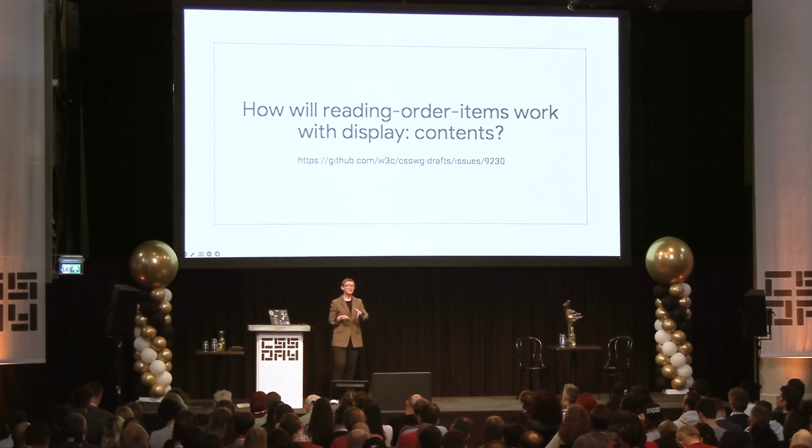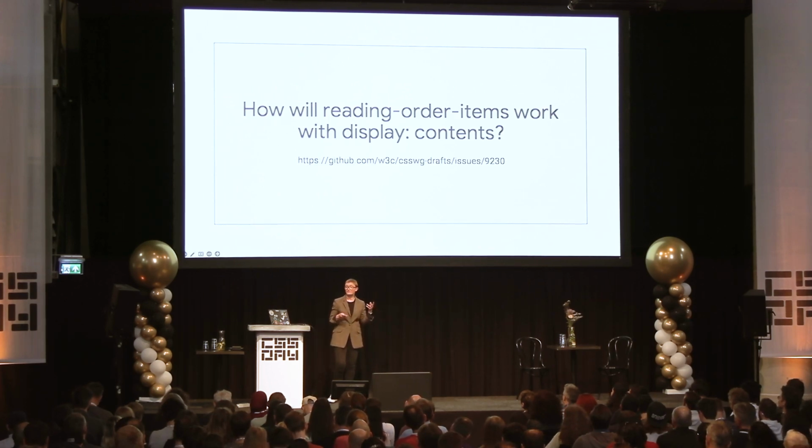How do we deal with this on certain things that happen when we do layout? I've explained some very simple cases so far. I'm sure that this will be one issue of many that we need to come up with an answer to. They're not necessarily going to be difficult. They need solving. We need to know how it's going to behave and how we can sort of explain that.